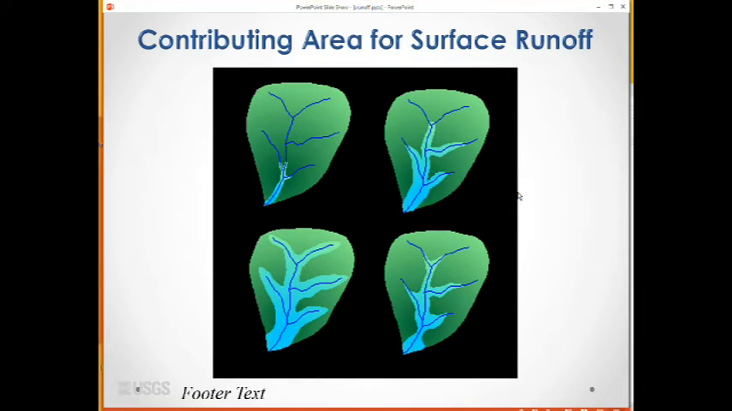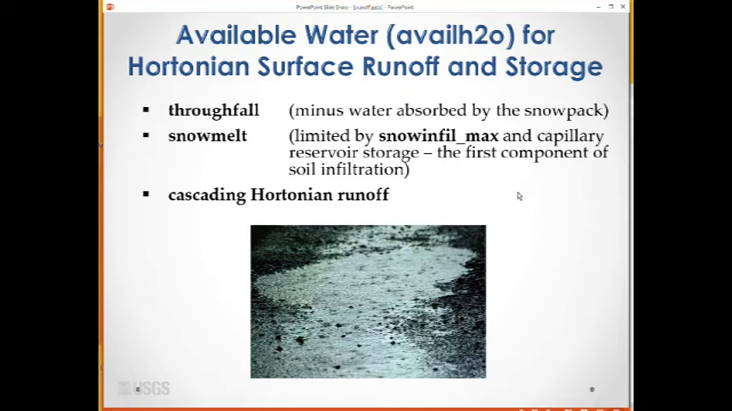This slide illustrates the expansion and contraction of contributing areas. As soil saturation expands during a storm, the contributing areas expand. As the soils dry as a result of ET, recharge, and lateral flows, the contributing areas recede. The amount of water available for Hortonian runoff, infiltration, and surface depression storage processes are rain throughfall, snowmelt, and